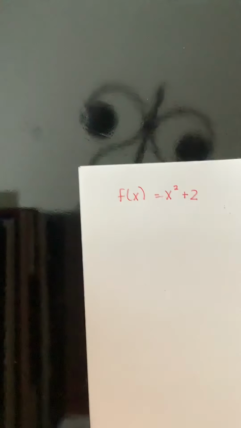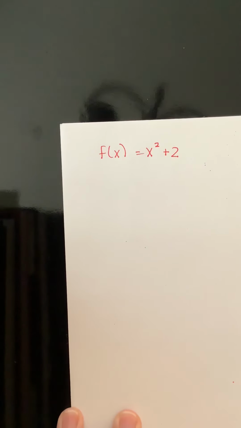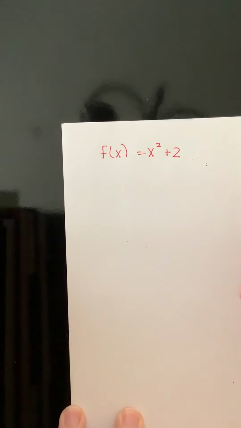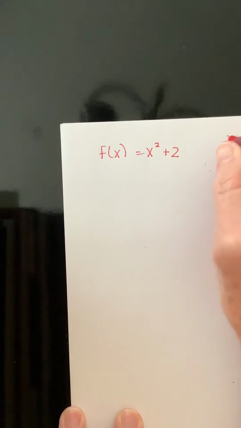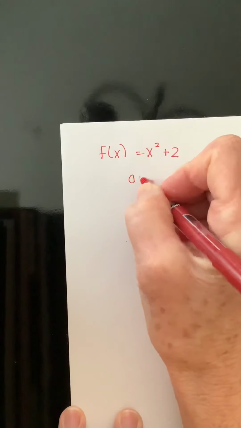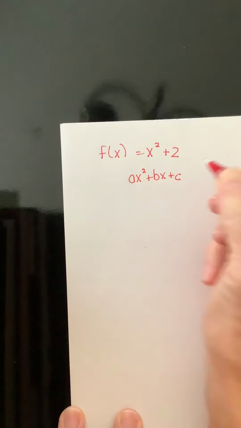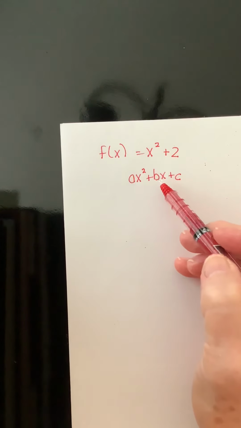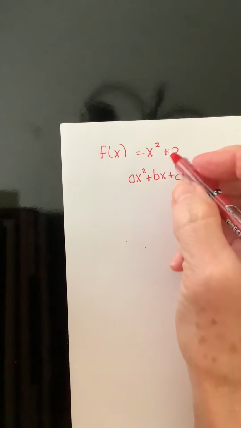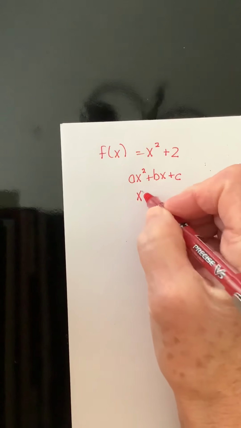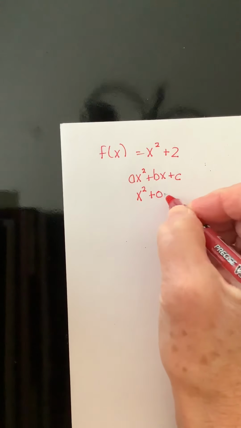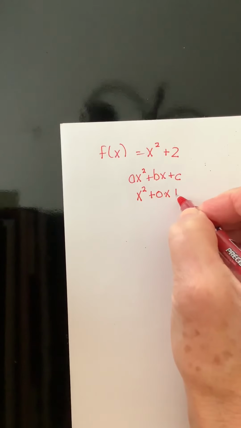Okay, the first problem that we're going to work is where f of x is equal to x squared plus 2. We want to find the vertex, but remember this needs to be written in the form of ax squared plus bx plus c. And there's not an x term in here. That means it was multiplied by 0 and it's gone away. So really and truly, we have 1x squared plus 0 times x